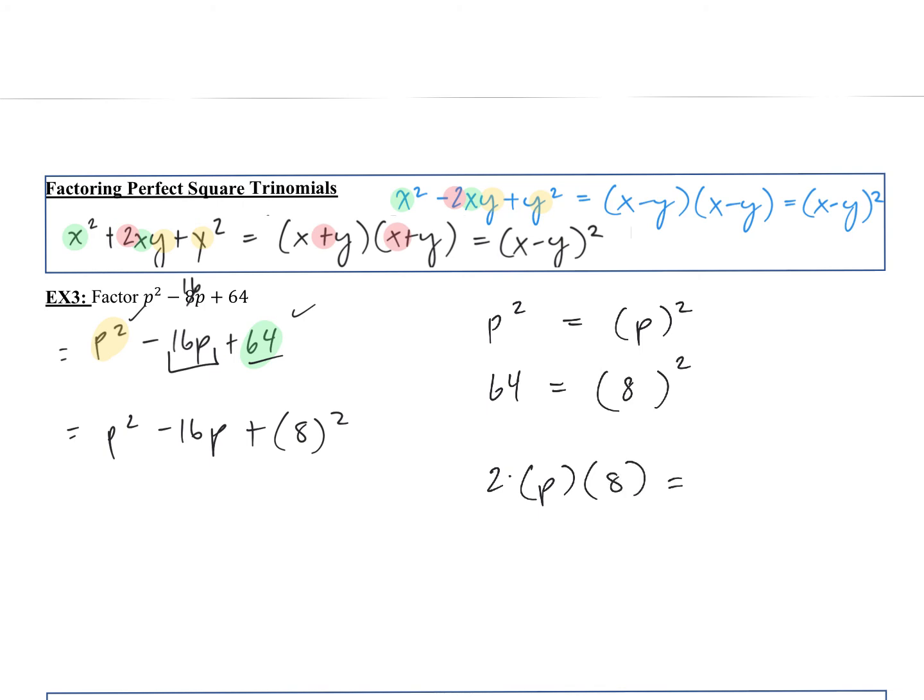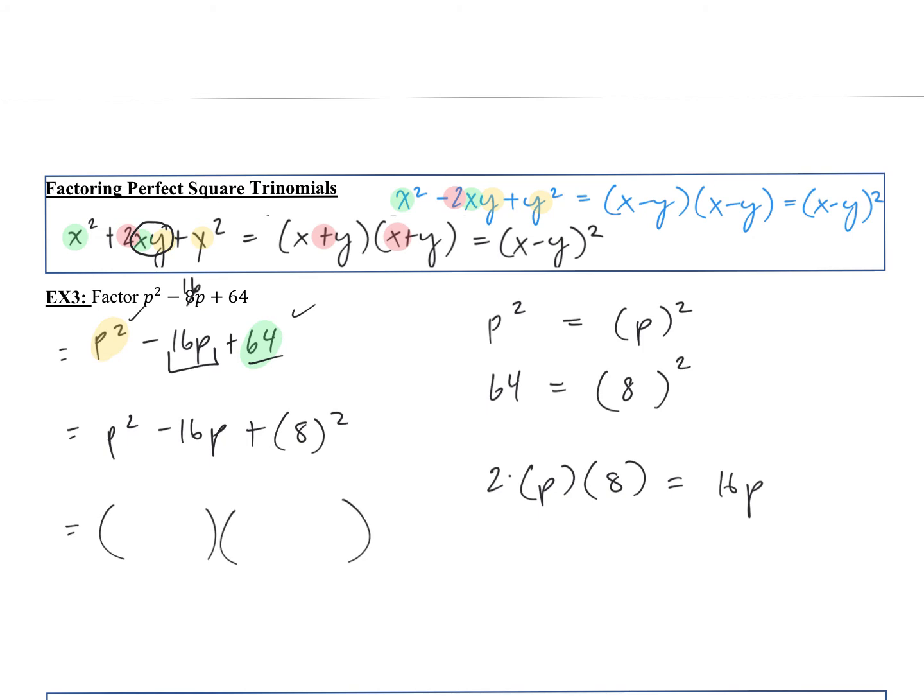And not the actual squares in the terms, the square roots of the terms. So let's see, is it the same? Well, we have 16p. It is. Alright, so we proved that it is a perfect square trinomial. That means we can rewrite this as the first term, which we found out was